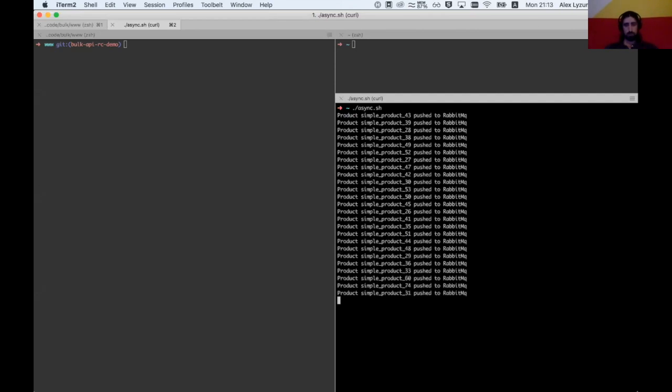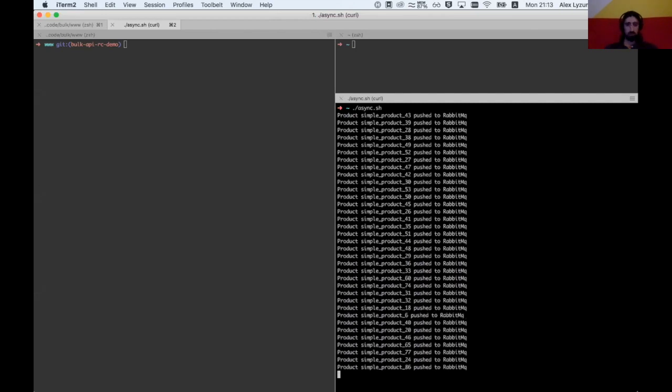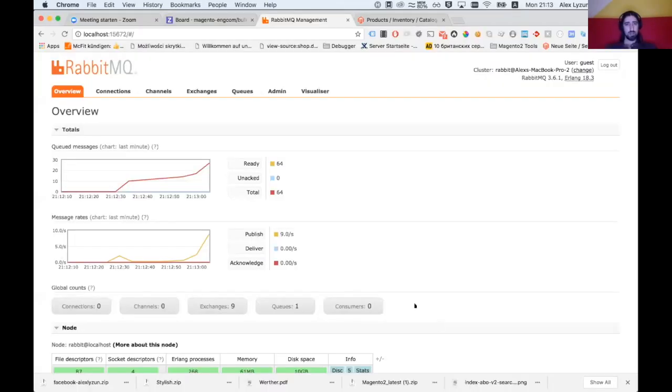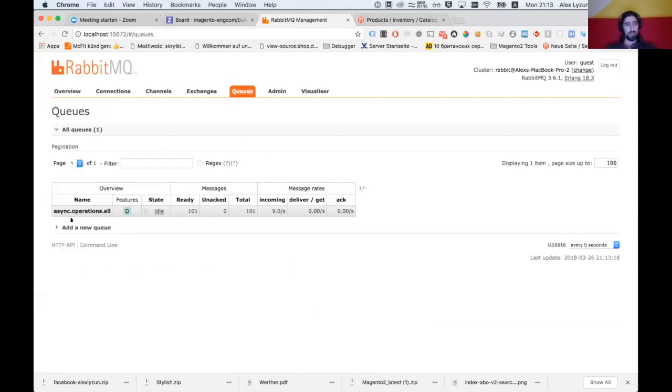And not so fast as it was without the video turned on, but still. Generally, my local environment is not any dedicated production server, but still, you can see that the number of requests in the queues is growing. We have created this async operation queue here, which is catching all those requests. So we have 101